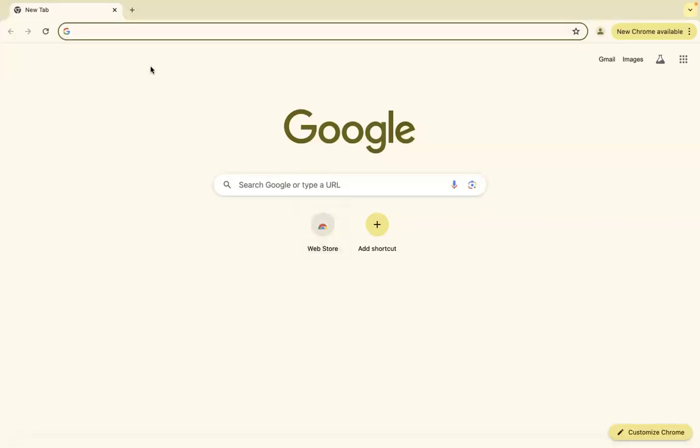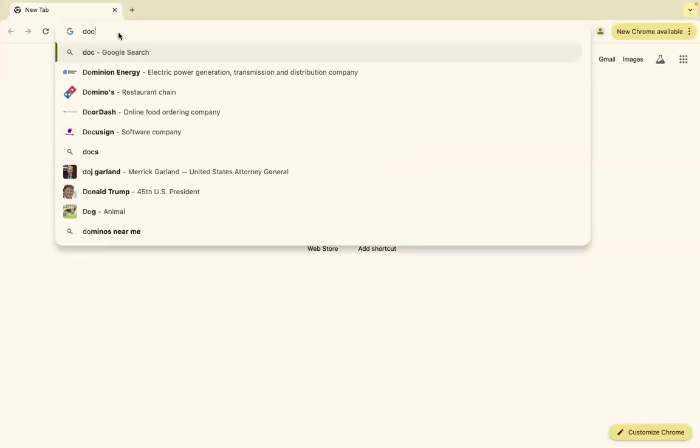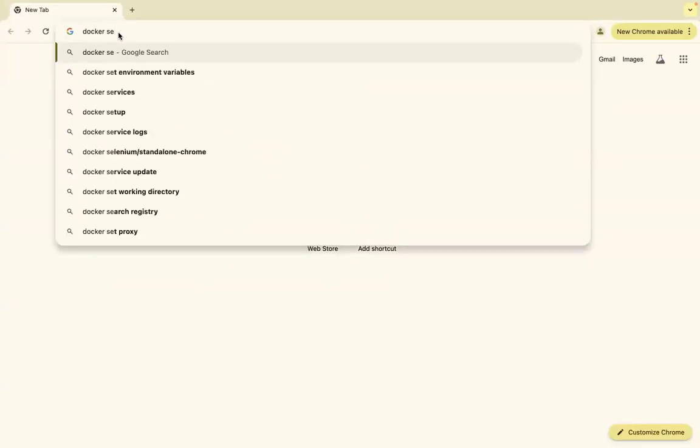Today, I'm gonna show you how to install Docker Desktop on your computer. In order to install Docker Desktop on your computer, first you have to download the Docker Desktop app. In order to do that, go into your Chrome or whatever browser it is and type Docker